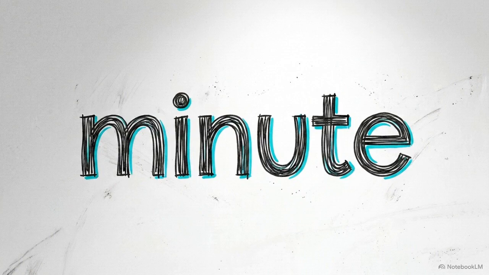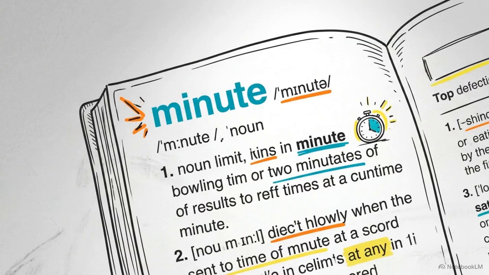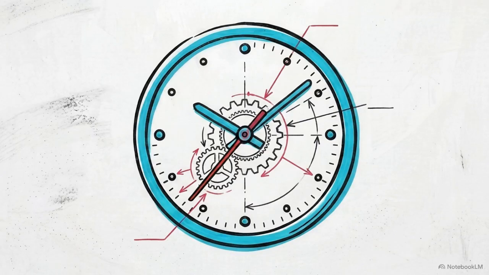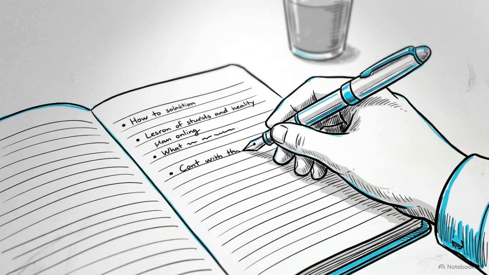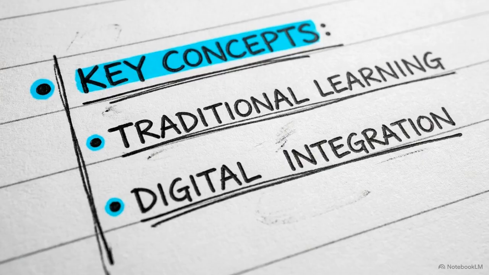Take a look at this word. No matter where you see it written down, the letters appear in the exact same order. If you're looking at a clock, you automatically read it as "minute," a block of 60 seconds. But if you're in an office, someone might ask you to take the minutes, the formal notes that record what